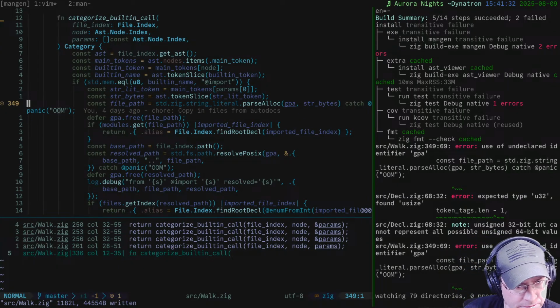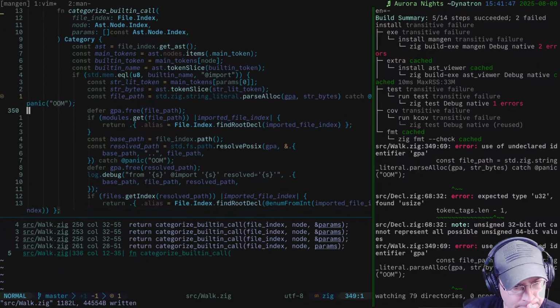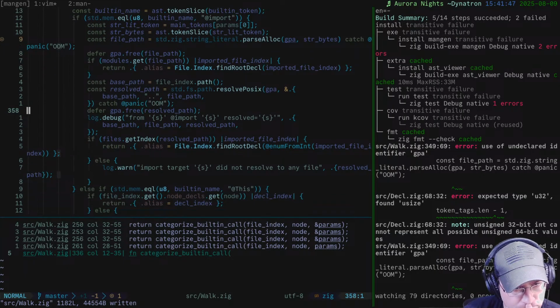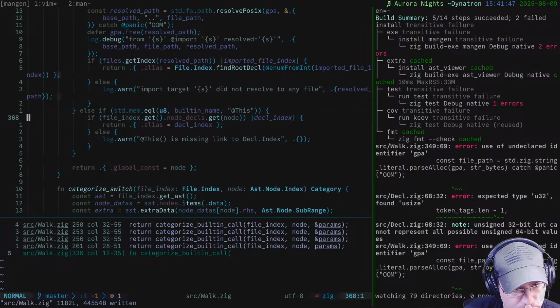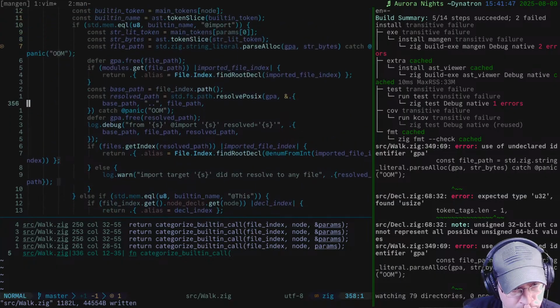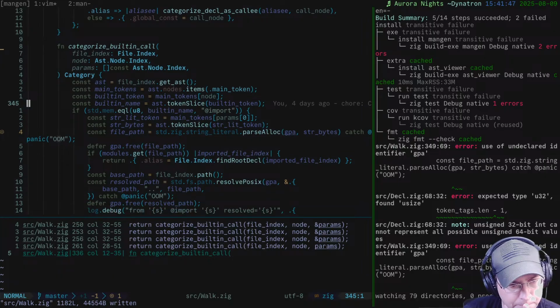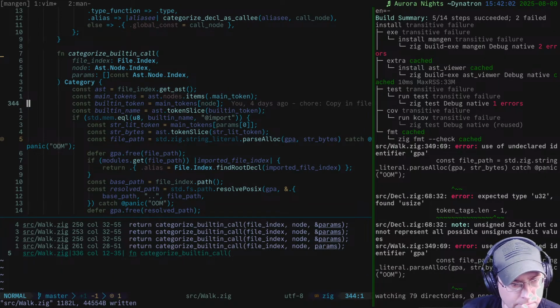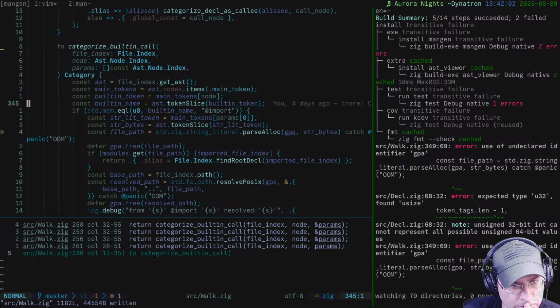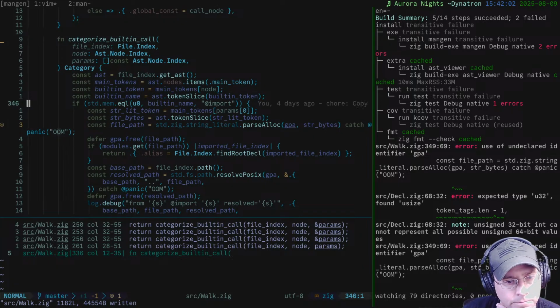It's parsing the string as a file path. Main tokens, built-in tokens, built-in name. It's getting all the main tokens. So this current one is